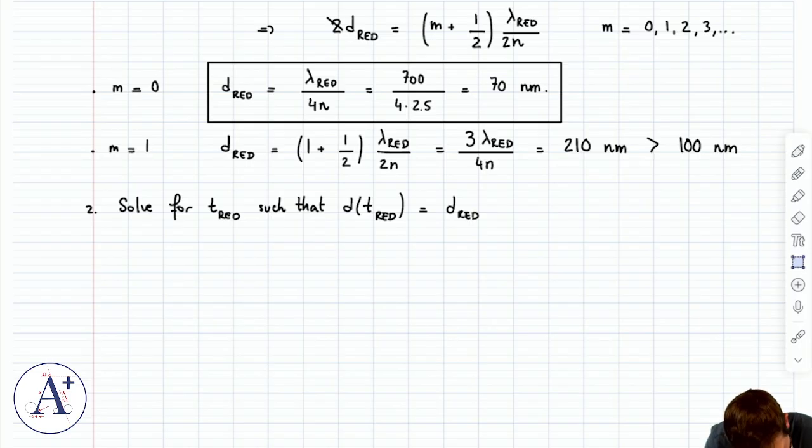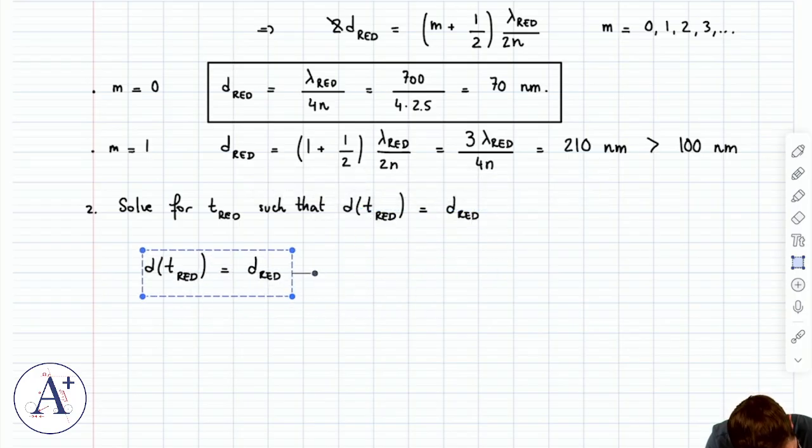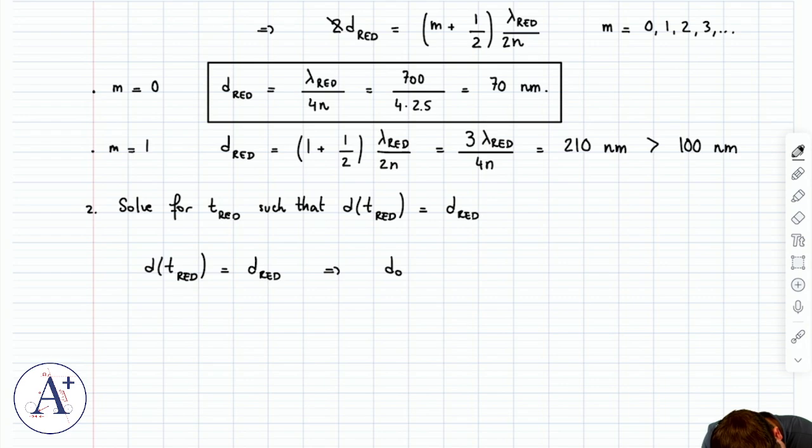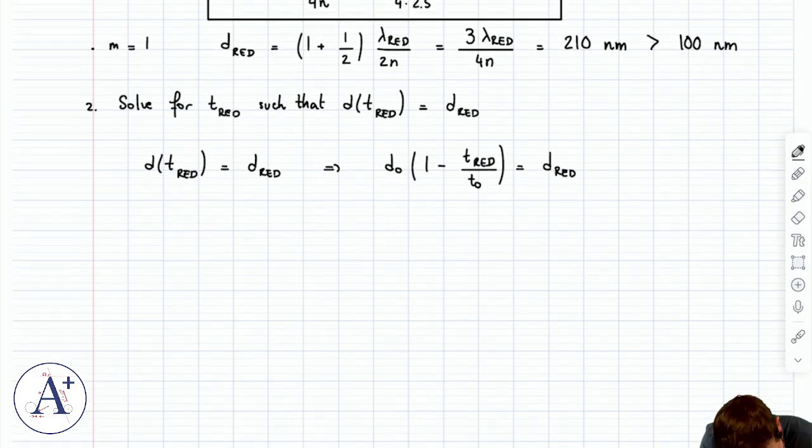So if we solve this, we're saying that we're solving d0 times (1 minus t red over t0) equals d red. So this is going to be 1 minus t red over t0 is